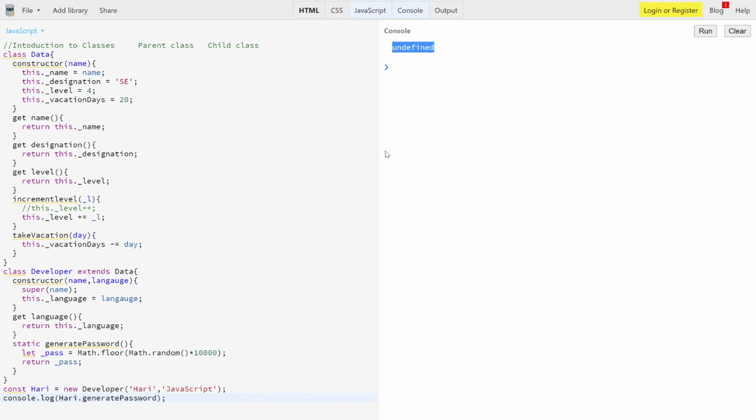Because we can't access that static method with the help of an instance, but we can use this method with the generate keyword. So if I want to access that generate method, I'm using Developer and I can access it. It will show that this contains a function which you can put in your code or try to run.